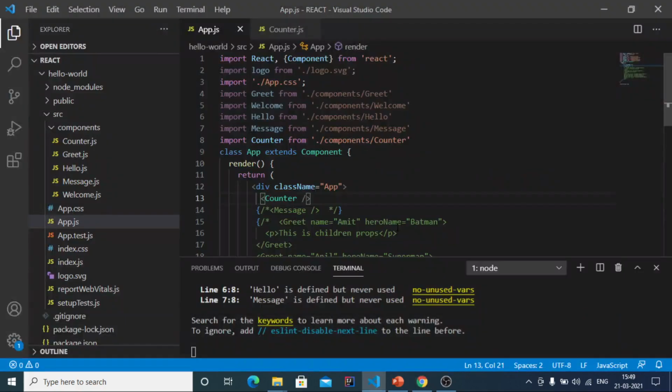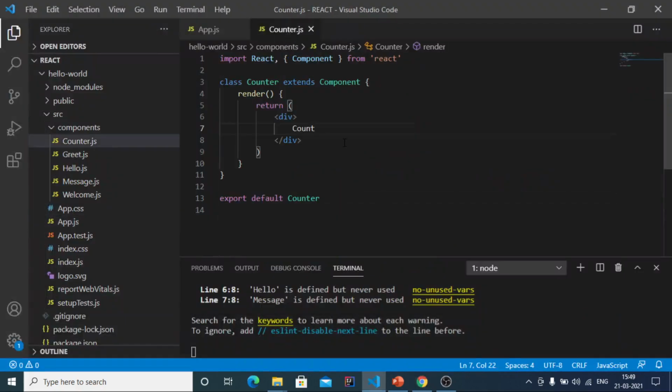Now what we are going to do is make use of this.state to initialize the state and assign a value 0 to count, and then afterwards we'll be creating a button called increment, and on clicking that button the counter value should increment. So let us go back to the counter component, and here we have to initialize the state.